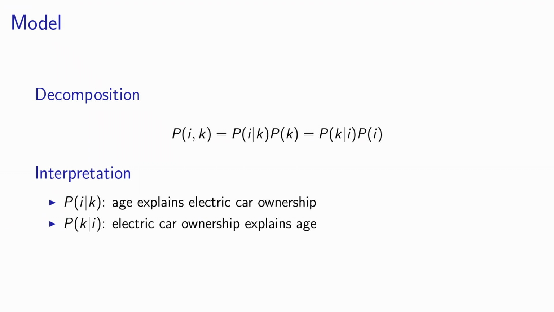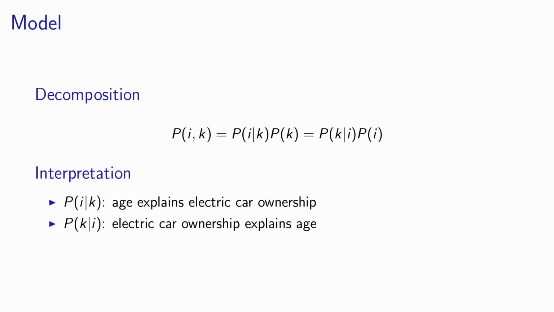And from a behavioral point of view, although I'm happy to assume the first model, the fact that the car ownership can be explained by age, I have a hard time believing the second model, that the age of a person can be predicted by looking at whether he owns an electric car or not. So this is something which is very important. Even if mathematically we can write the model both ways, most of the time, only one of the two directions is actually making sense in terms of cause to consequence. And here, the causal model that I believe is the most meaningful is when age explains electric car ownership.